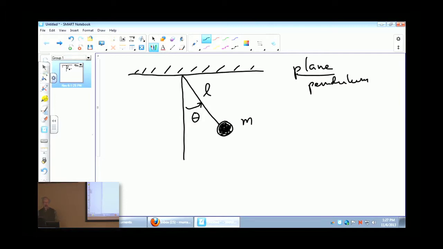Meaning you could have a pendulum which doesn't swing only in a restricted plane, but which could, for example, if you were to hang a mass from a string from the ceiling, swing like this, right? It could move this way, or in some more complicated motion. It can do all kinds of things like this. This is swinging in a plane, so the motion is restricted to a single plane. And the plane is the plane shared with the rod and the hinge top. So there's only one variable needed to describe where the pendulum is, and that's the angle from the vertical,